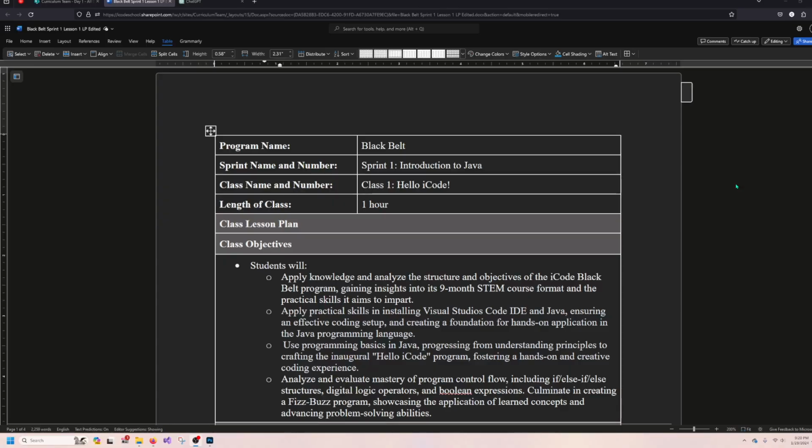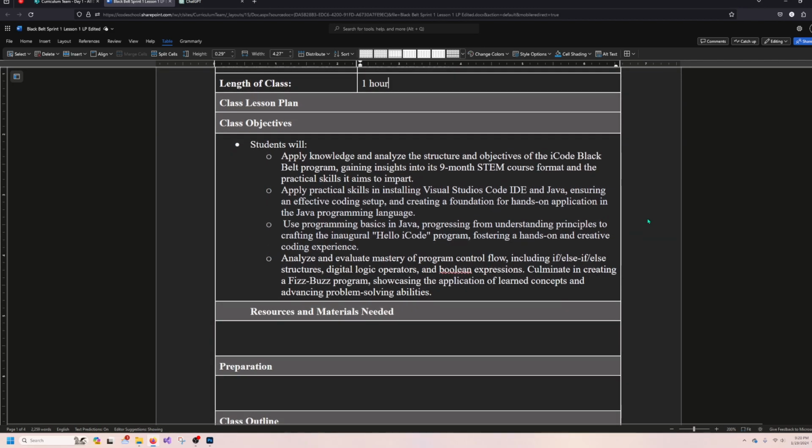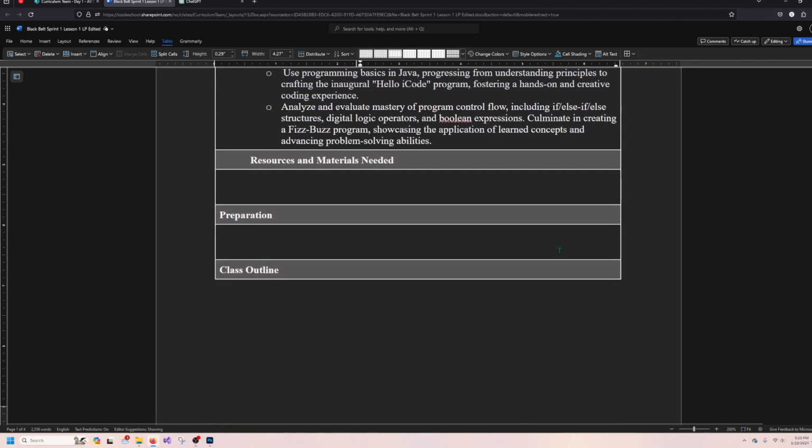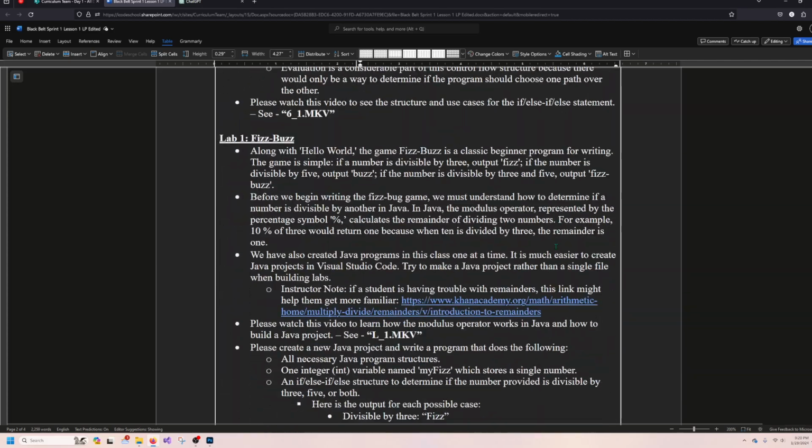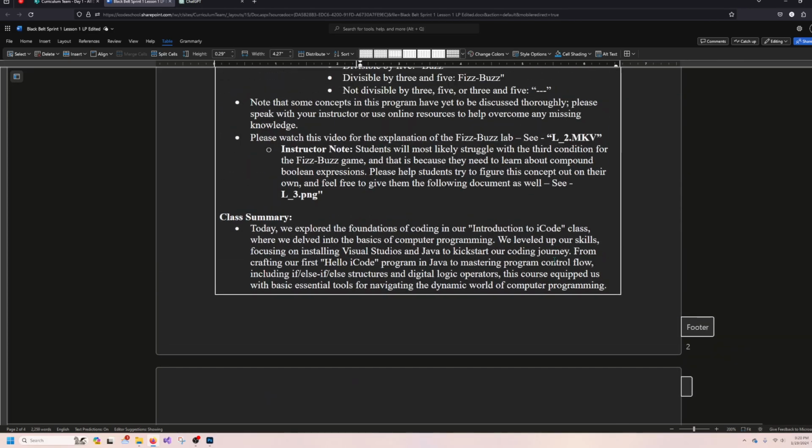Here we are with the lesson plan. This is Black Belt, Sprint 1, Class 1, Hello iCode. And I'm just going to take a look at the lesson plan. And if you scroll all the way to the bottom, at the bottom of every lesson plan is a class summary. So as I mentioned,